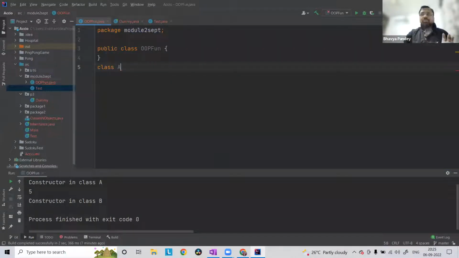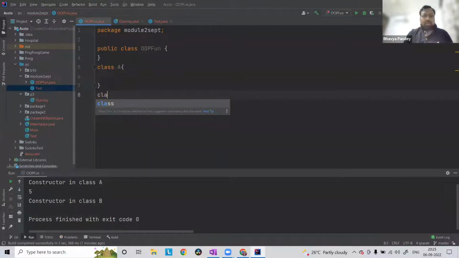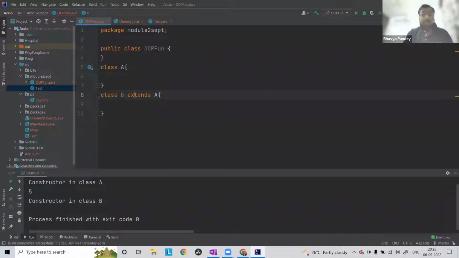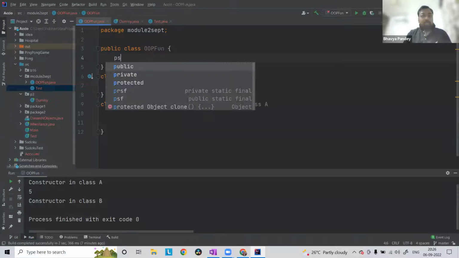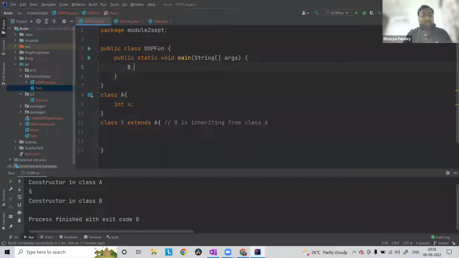So let's start like this. Class A, nothing here. Class B extends A. What we are trying to do is B is inheriting from class A. Since class A is empty at this point, there is nothing to inherit from class A as such, right? So just for that purpose, let me give a variable int A like this. The first point that I made yesterday was, let me declare a main function. If you create an object for class B,